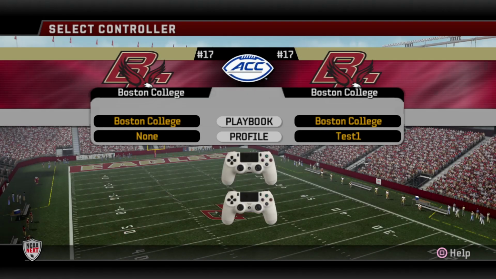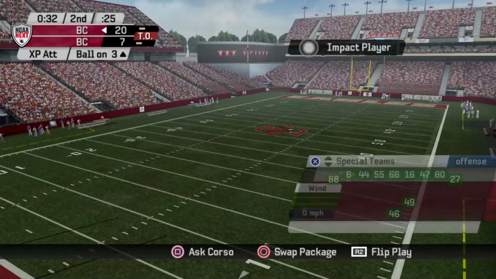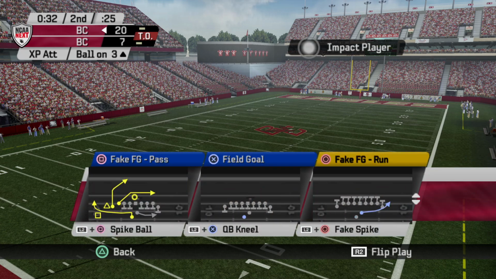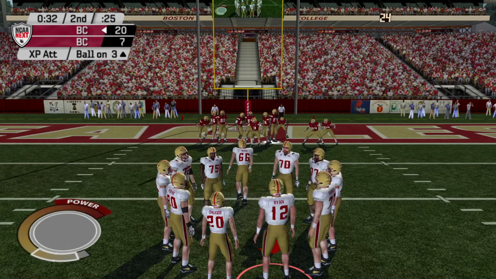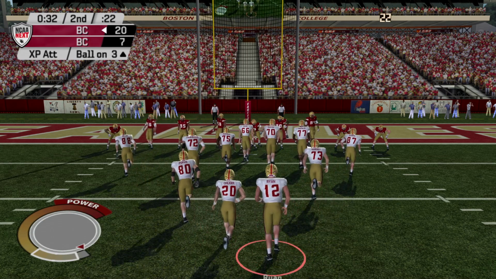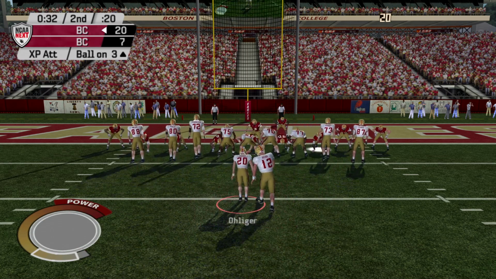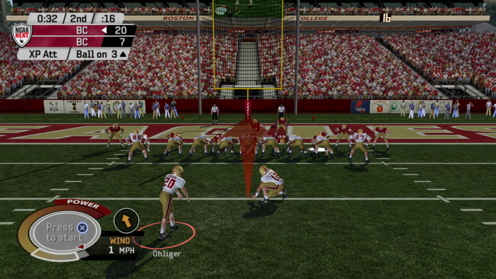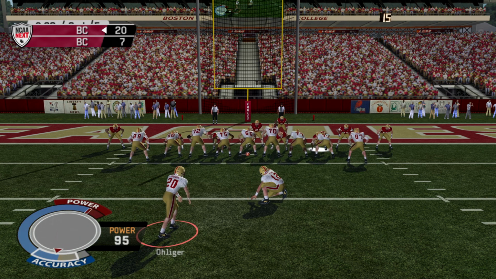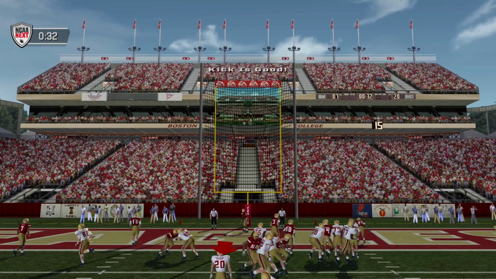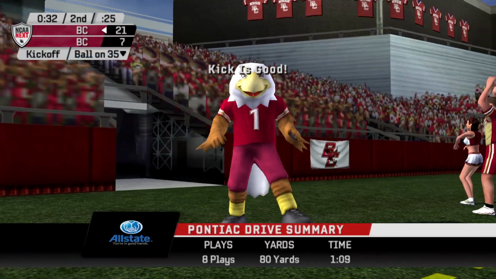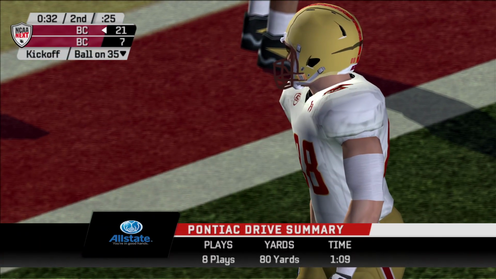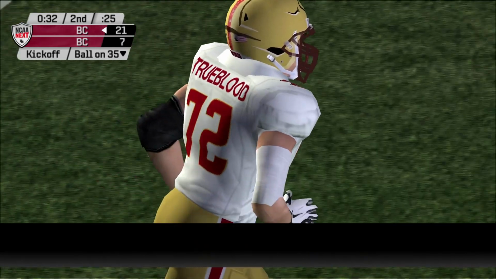Now we can go back here. I have 20 seconds for the home team to try to score a touchdown, so we're going to do nothing but deep stuff as best as we can. I'm going to go ahead and kick the extra point. 32 seconds. I'm trying to think of all the super, super deep concepts we have